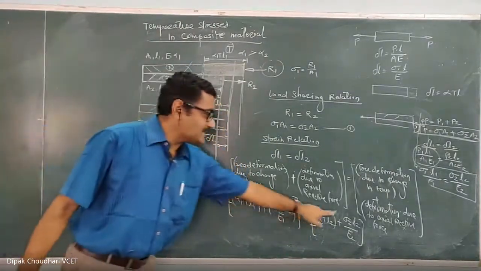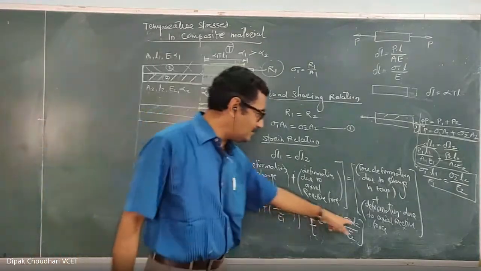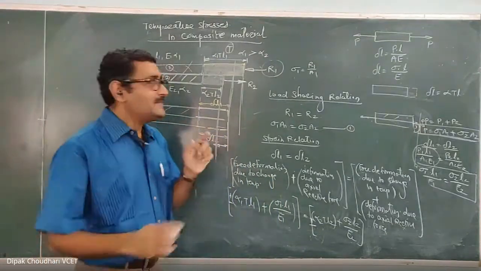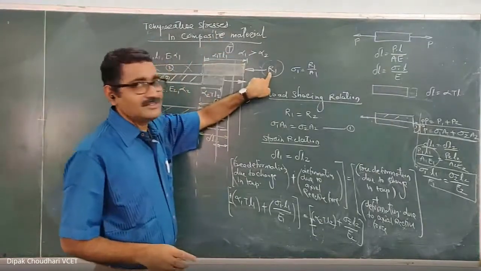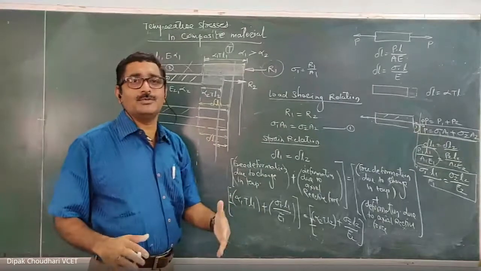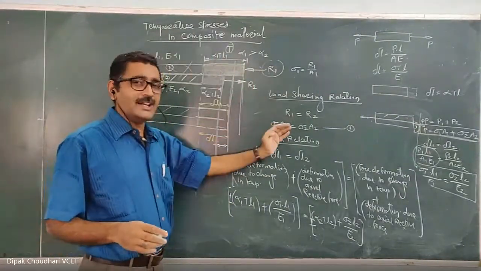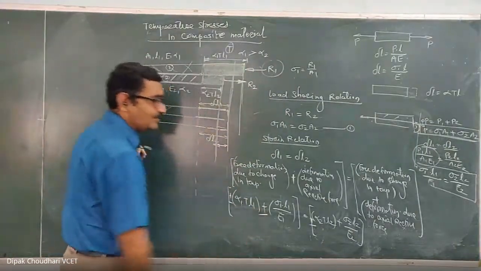Now, the second part is important, and most of the time students make mistakes in it. If the second part is in compression, because of any reactive force, there is a decrease in length. And since there is a decrease in length, you have to take it negative over here.